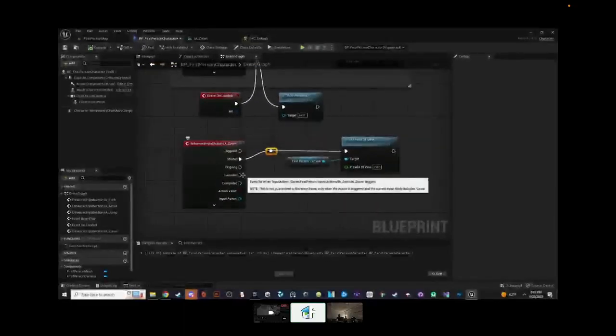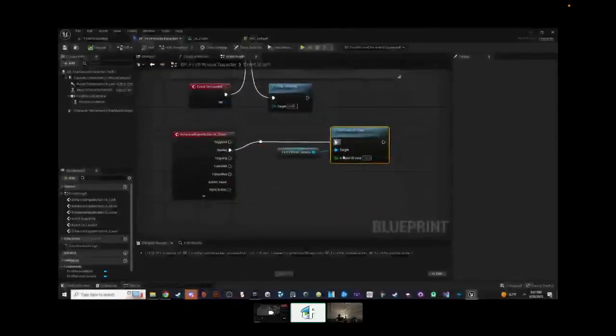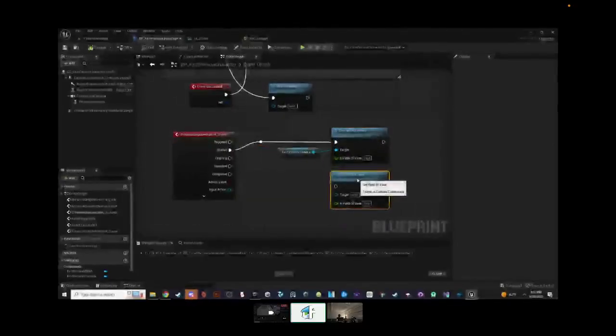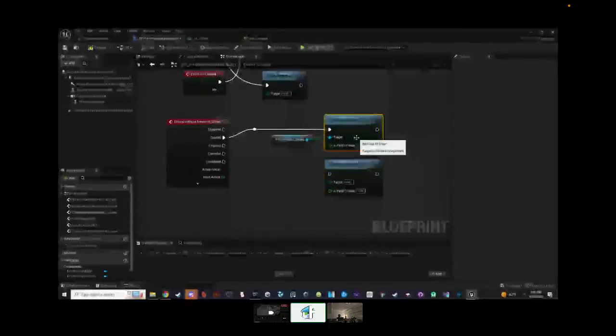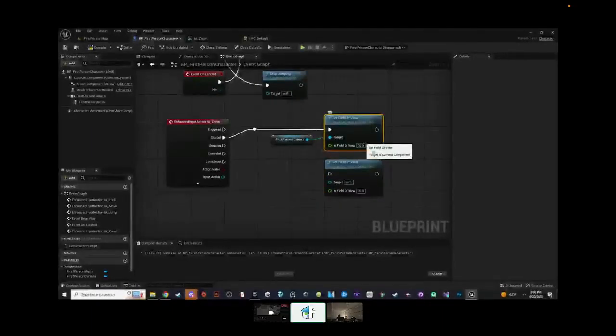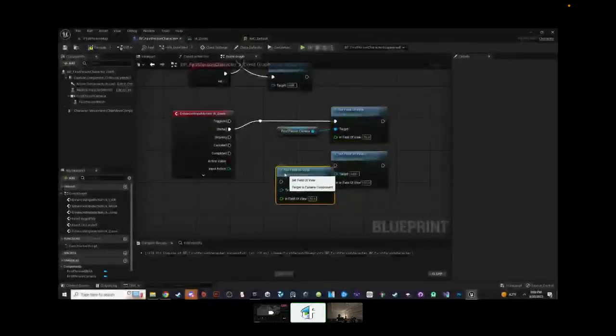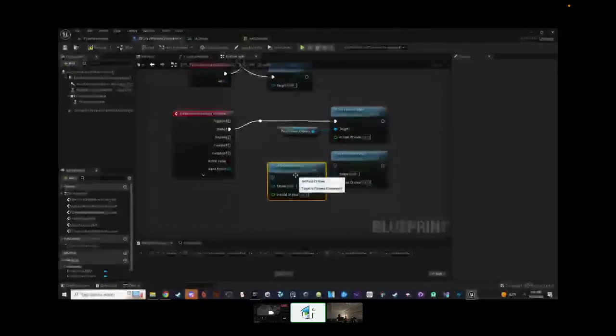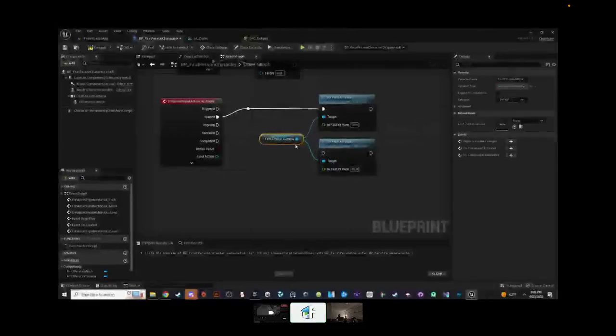So what if on cancel, we just reset the FOV? So what was it? It was 90. Let's try to copy the function over here. Oh, by the way, you can select it. You can do Control C, Control V as shortcut keys to copy and paste. So I like to imagine that's pretty common.